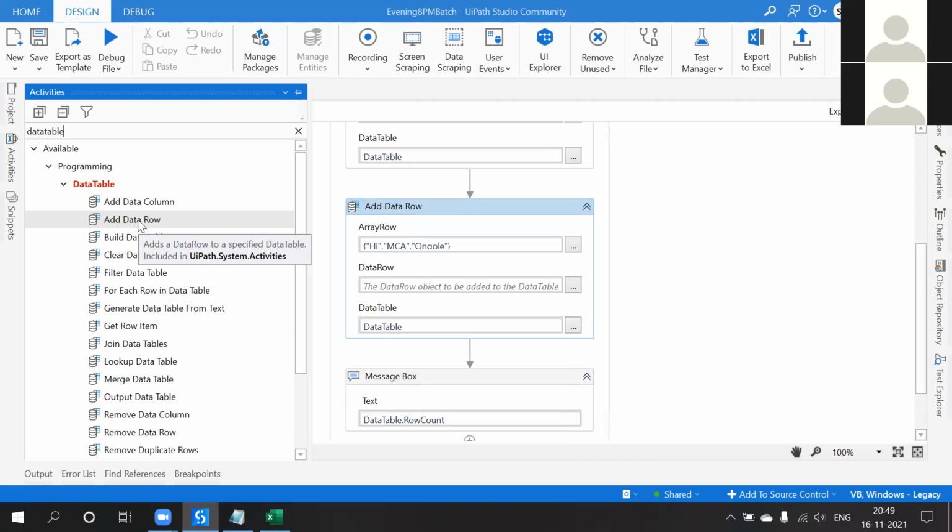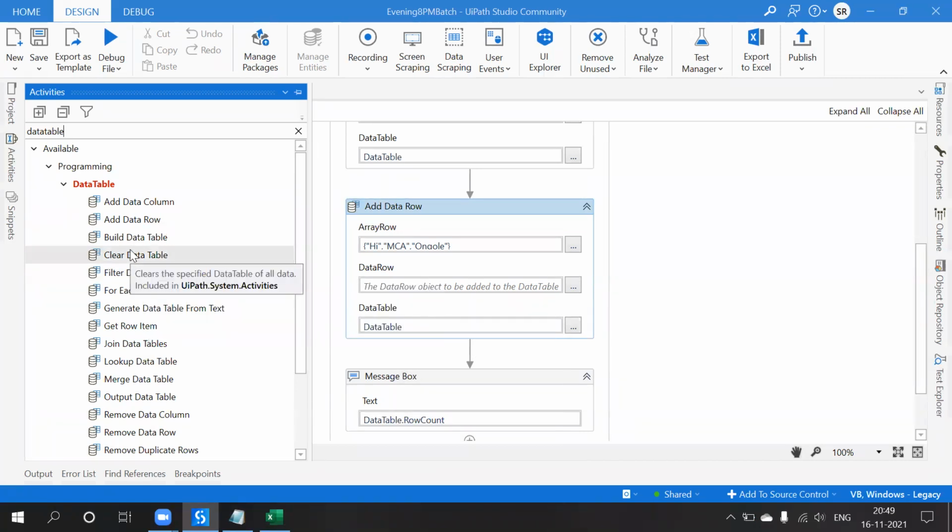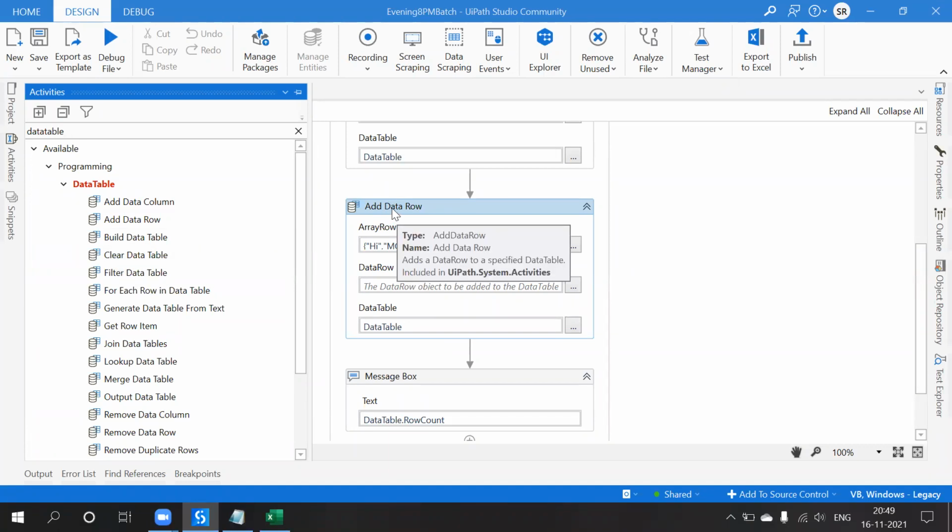Okay. So Clear Data Table is nothing but, it will clear whatever data is available in the table.